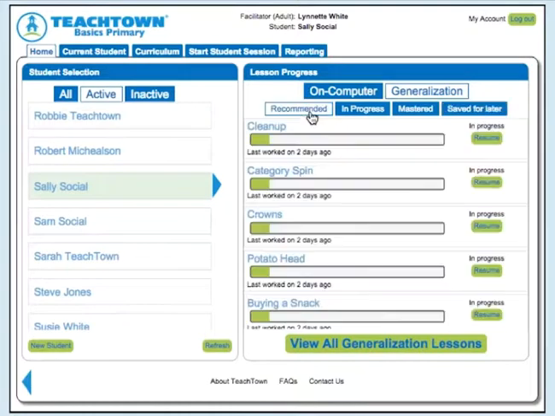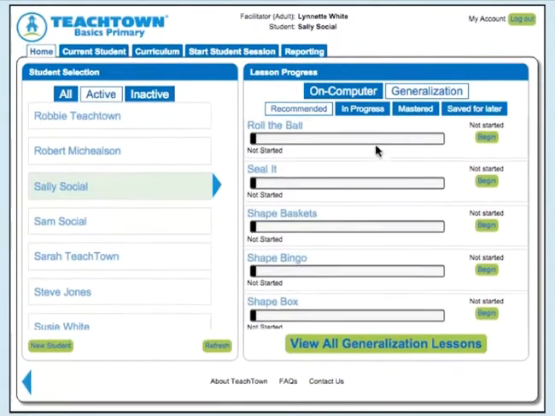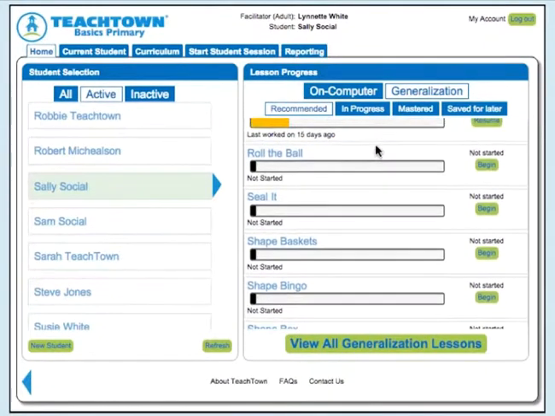I'm going to go back to the recommended lessons. I'm going to show you how to start taking data on a particular skill for a student. Remember, in our reports, you will find recommendations as well in the individual progress report. Under mastered lessons, it'll tell you which specific generalization lessons to work on, or for past pretest lessons, which lessons